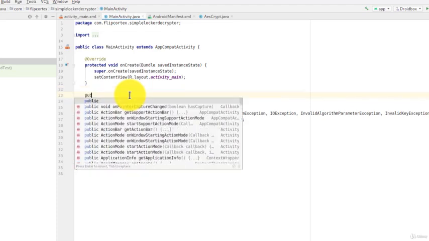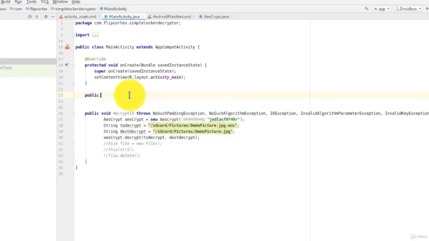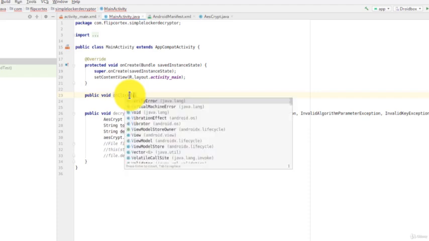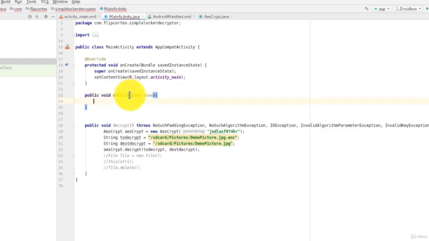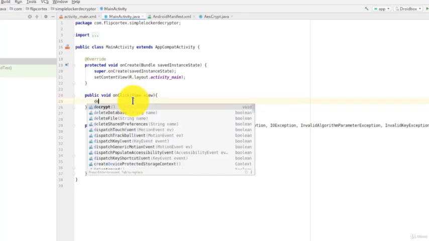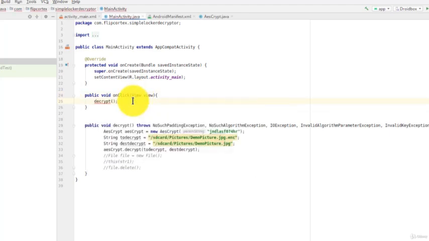Okay, so let's create a method, public void onClick. So we're going to do an event handler here. If you remember, to create an event handler, you have to set it as a view. And then over here, let's just call decrypt, which is decrypting one specific file. Okay, let's just add the exceptions.